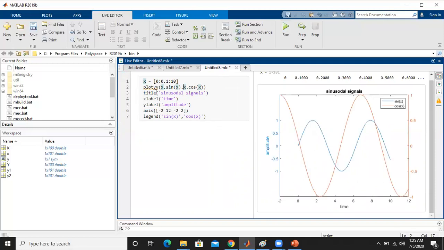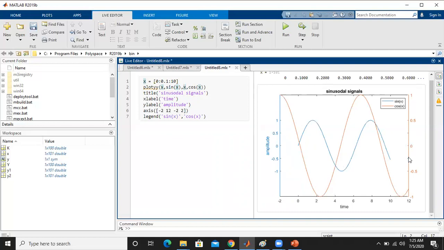Okay. Now, when the plotyy command is used, the red or orange color is taken for the cos signal and blue color is taken for the sin signal. Now you can observe two scales here. Just remember that. Okay.